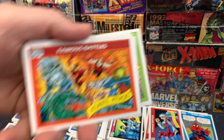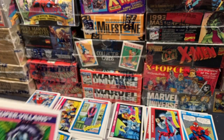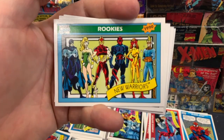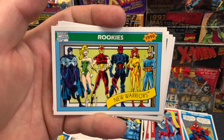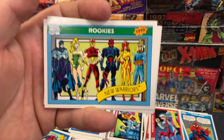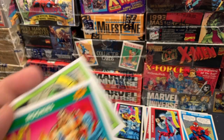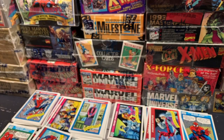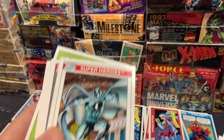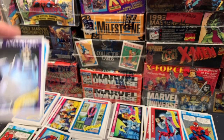But how many people want that PSA 10 Atlantis Attacks card? I do, maybe some others, but not as many people. Oh gosh, this is like a Paul pack. Who else is going for a New Warriors 10? I might be the only one submitting New Warriors cards, a whole bunch of them, in hopes that a 10 exists. So what's cool about these is as more collectors get into the cards and really see what they look like after they're graded, I think the chance for a lot of these cards to be wanted is pretty good. A lot of these characters are going to be someone's favorite character,